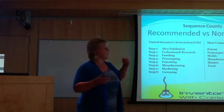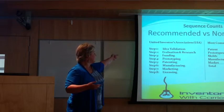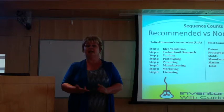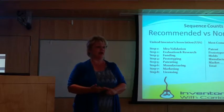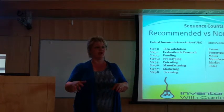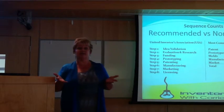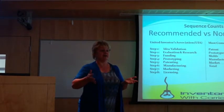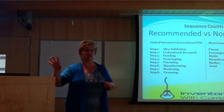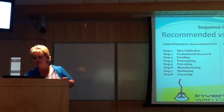And so the problem is with step 1 and step 2 of the UIA's recommendation, the idea validation and the evaluation research. The problem is there's really not that many, if any, good sources to validate your idea before you move forward. So we all do Google and we do Amazon and we do patent searches, and that's really the extent of the resources most of us have available to us, but that's not how it is in big corporate America. There's an extensive amount of other resources available, and that's some of what I'm going to share with you today. The funding, that's always an issue. That's an issue for everybody. So